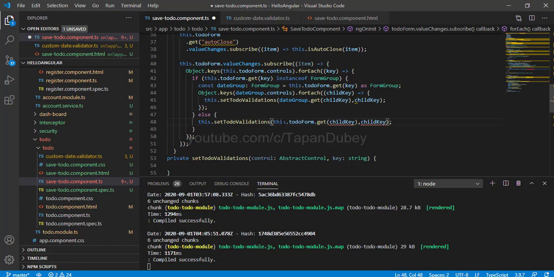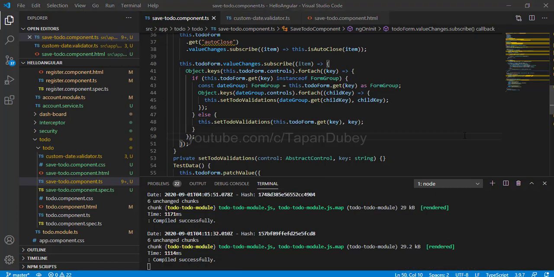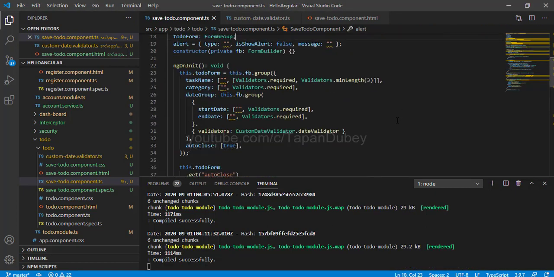So in this.todoForm, instead of child key, it should be key. So let's keep key here and here as well. Let's save this. Now I'm going to define one variable which consists of all the error messages that we are having